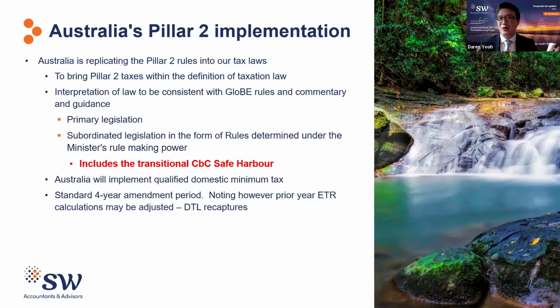The underlying premise is that despite we're going to have GloBE rules and guidance, and then we're going to have our legislation and EM and rulings and guidance, the underlying premise is that they will be consistent with the GloBE rules and guidance. So how is the law brought into our legislation? There are imposition bills which impose the Pillar 2 taxes in accordance with our constitution. And then there is an assessment bill that will assess the Pillar 2 tax.